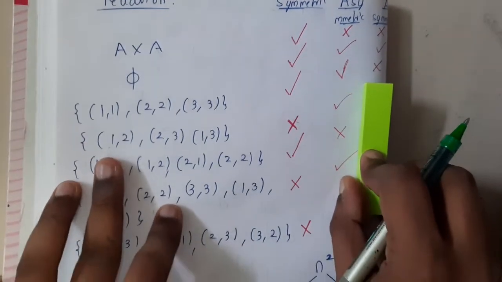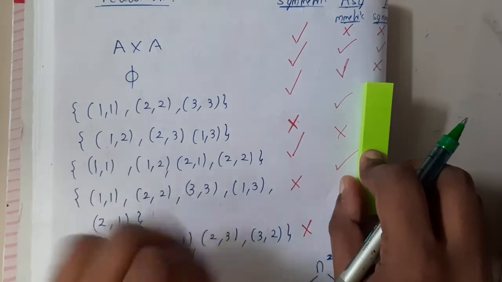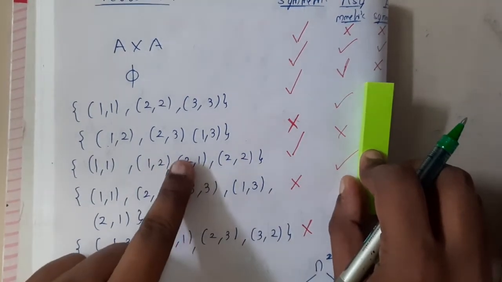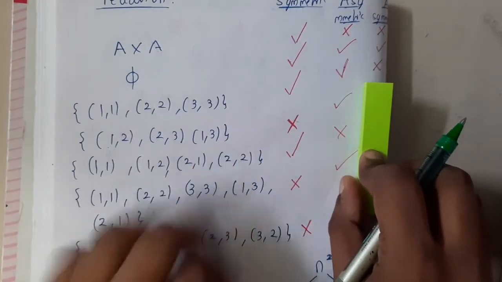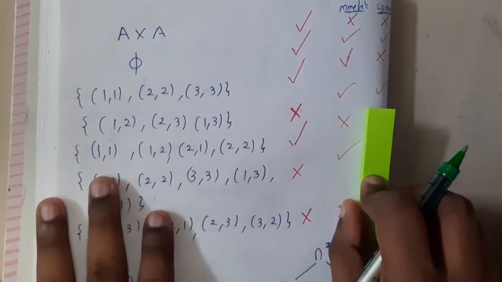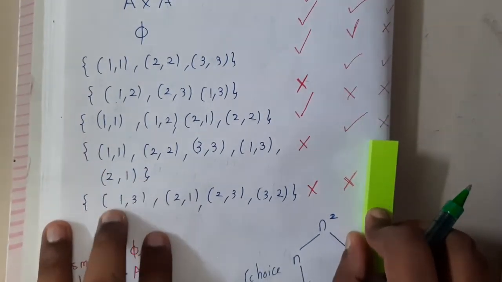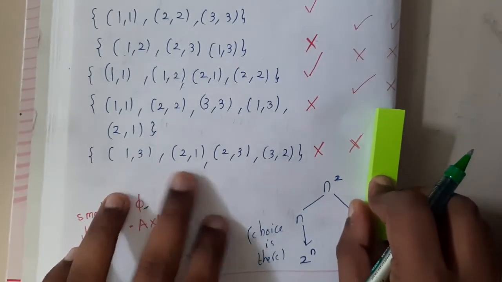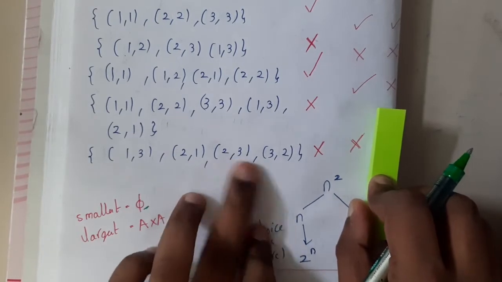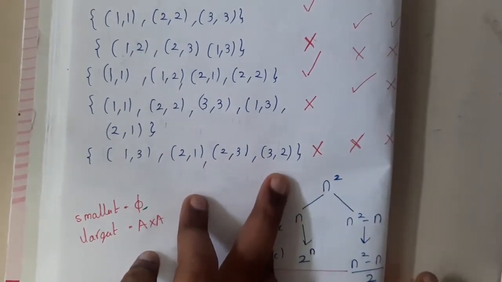Now it comes to 1 2, 2 3 and 1 3. For 1 2, what do we need, guys? 2 1, it's not there. Very good. 2 comma 3, we need 3 2, it's not there. 1 3, we need 3 1, not there. Hence, this is our first asymmetric list, guys. 1 1 is there, so it's not asymmetric. Okay, 1 3, 2 1, 2 3 and 3 2, so here this is also not asymmetric. Now you got an idea, right?